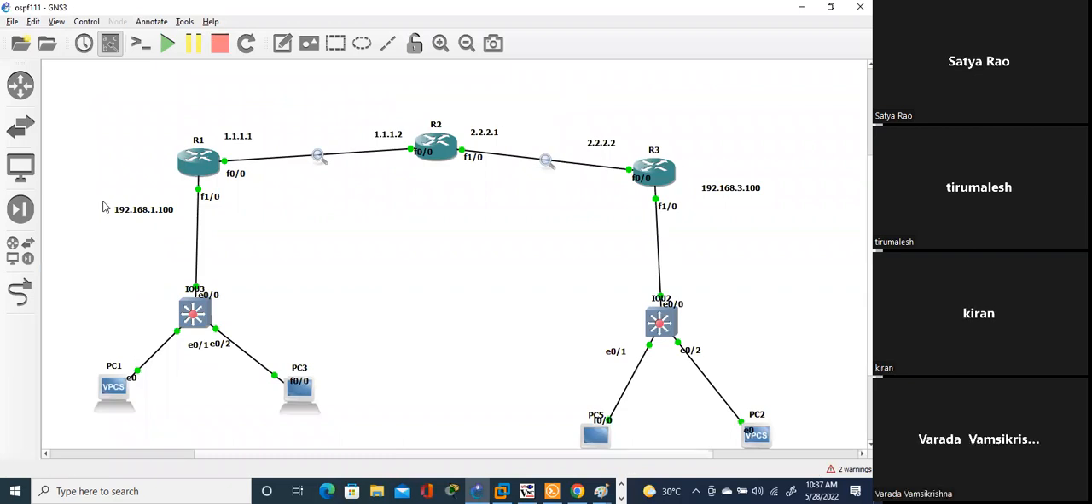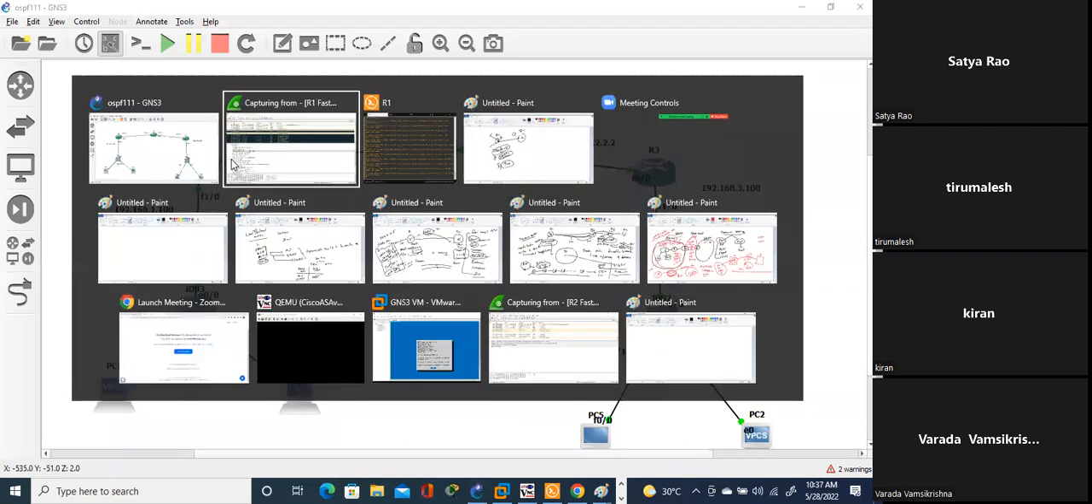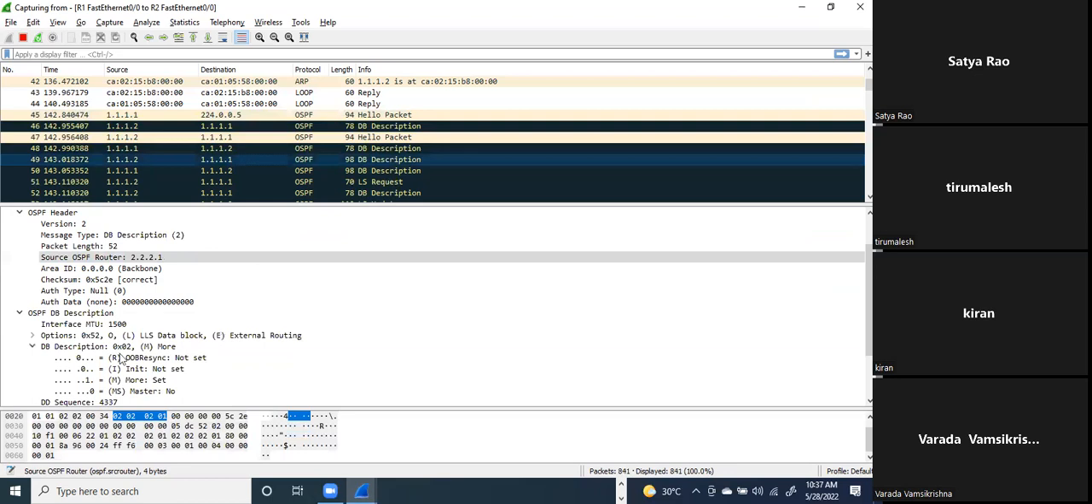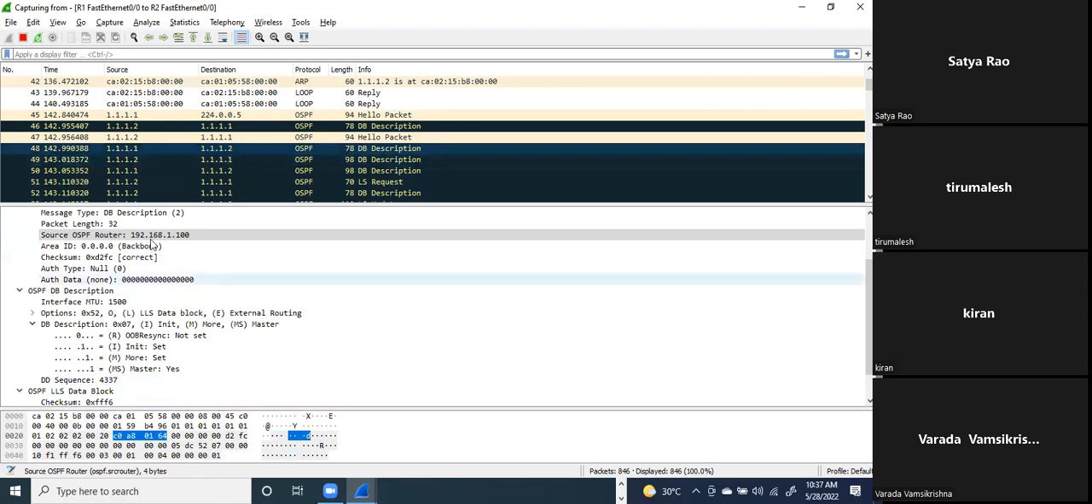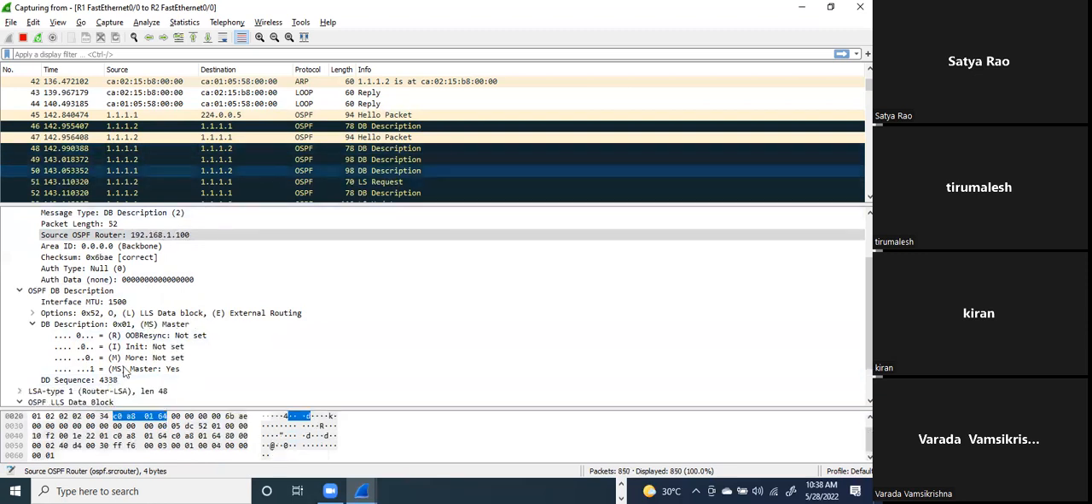So definitely 192.168.1.100 is the bigger one. So that's the reason. If you see this one, the sequence number of 4337 will be the one having the highest IP address. That will be taken into consideration, and that sequence number will be taken into consideration. Okay, 4337 and 4338. So now the R1 router wins the election process, and it's going to send the database